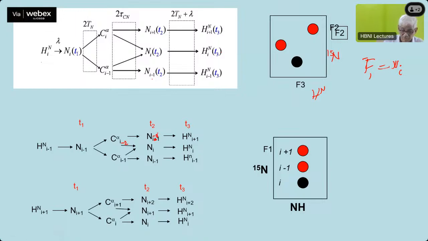And then similarly from C alpha I minus 1, this goes to Ni. I started from C alpha to Ni minus 1. C alpha I minus 1 to Ni, C alpha I minus 1 to Ni minus 1. Okay, this is correct. So this is fine. So C alpha I minus 2 to Ni minus